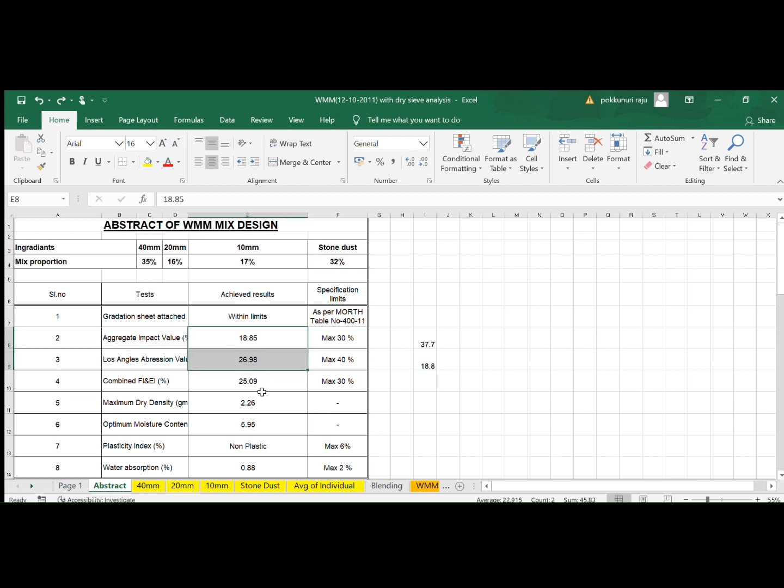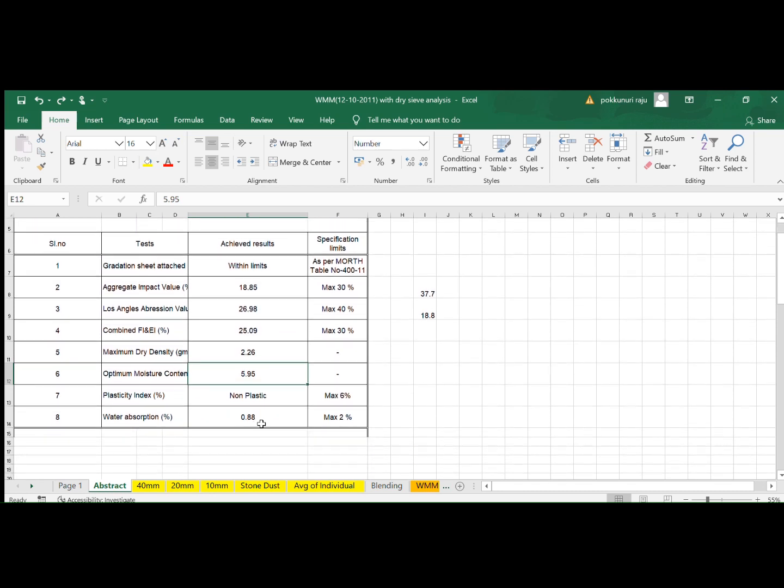The Los Angeles value is 26.98, which is less than the 40% specified limit as given in Table 400.11. The combined flakiness and elongation index value is 25.09, which is less than the value specified in MoRTH, that is 30. The maximum dry density is 2.26 and the optimum moisture content is 5.95 to be precise.